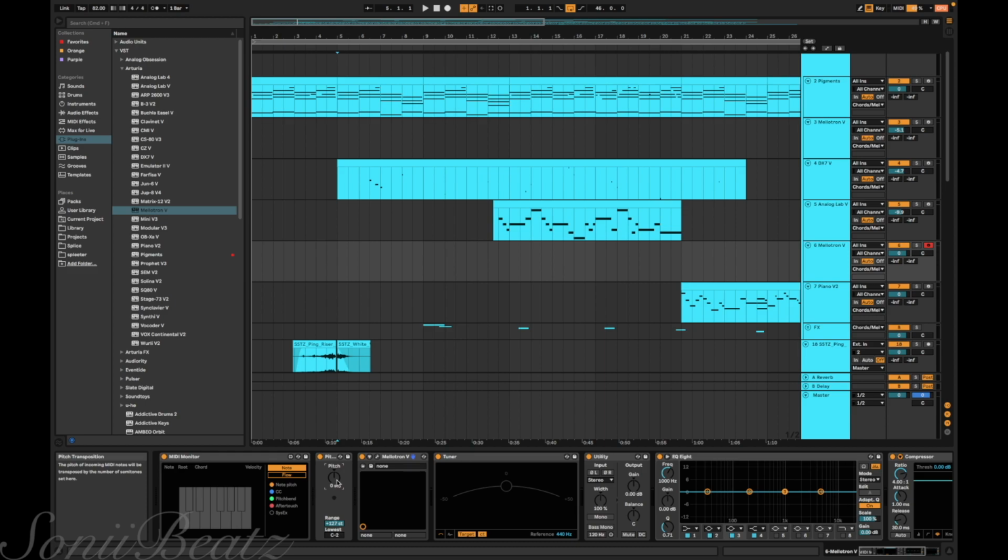Just Google, if you want to play in minor, just Google the major relative key and you'll be able to figure it out. And the easiest way to find the relative key, it's usually just 3 semitones behind. So if you're in C major and you want to know the relative key, it will be A minor. So you know if you go down 3, you're at A. So just remember that. So for example, if you're at F sharp major, the relative key is E flat or D sharp minor,